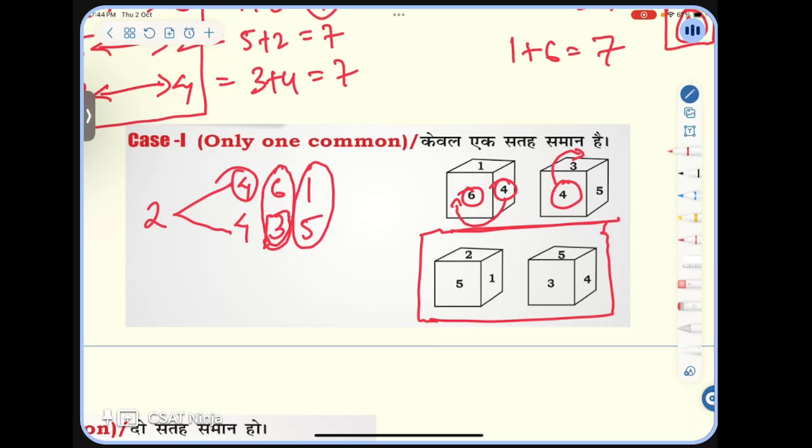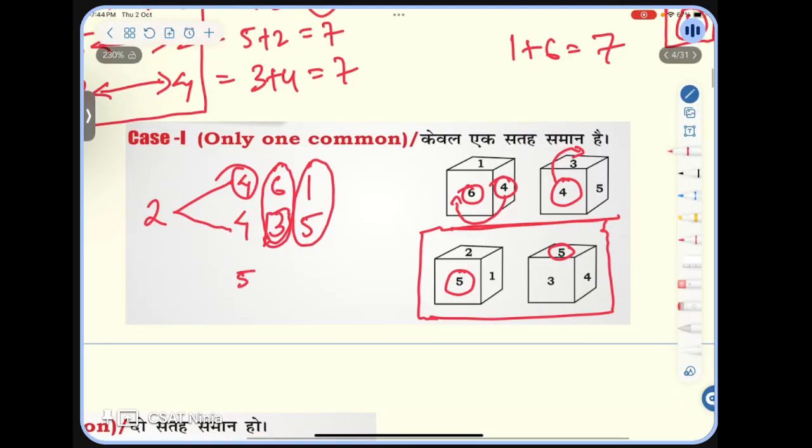So what's the opposite of this two? We have a common 5 here. I'll start with 5 and number it in a clockwise direction. It can also be anti-clockwise, that's also fine. 5, 2, 1. Same thing for the other one, clockwise direction: 5, 4, 3. So the opposite of 1 is 3, and the opposite of 2 is 4, and the opposite